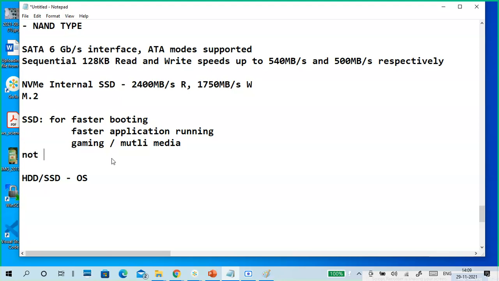Not suitable for heavy data storage because it's very costly.